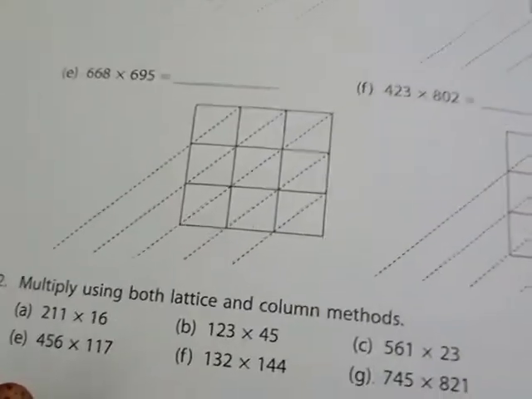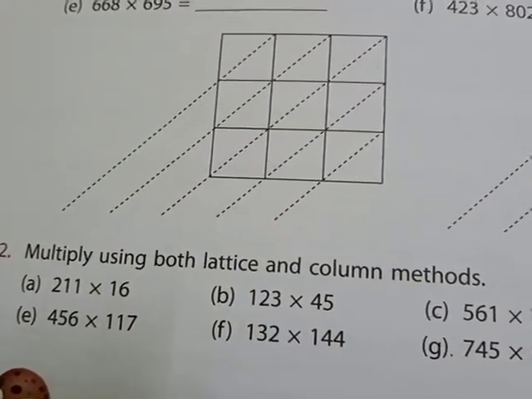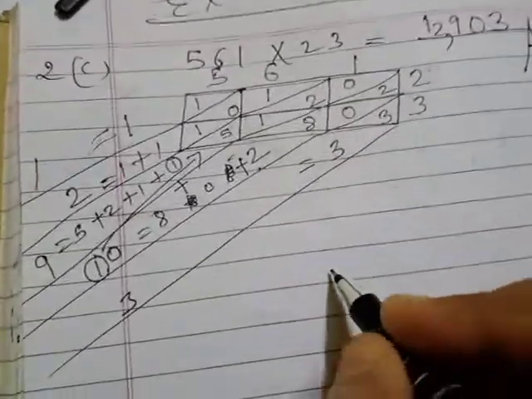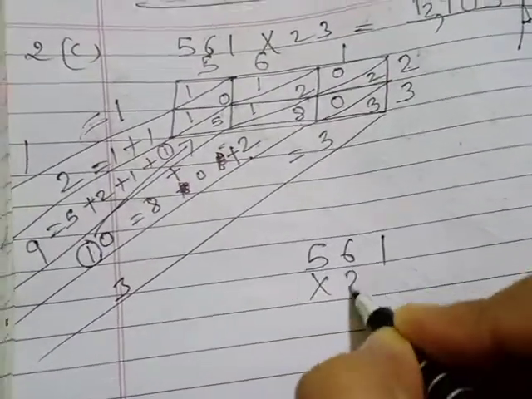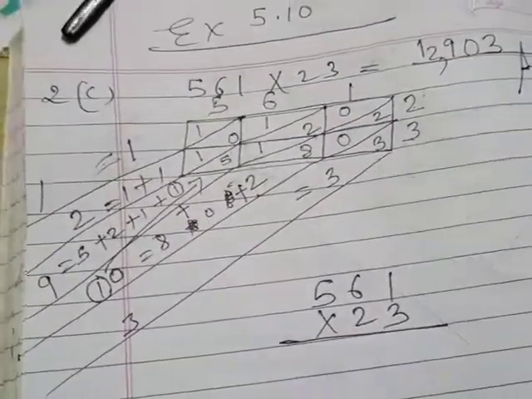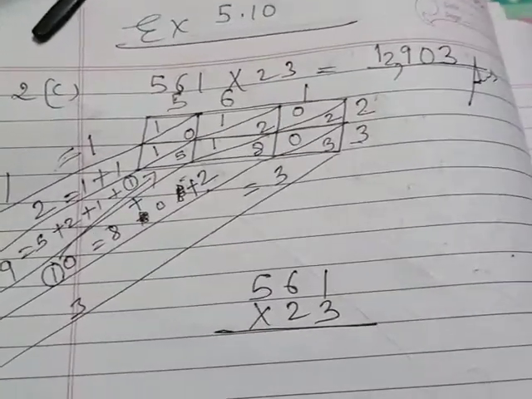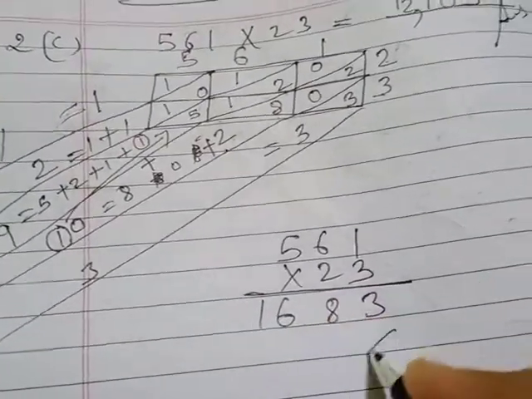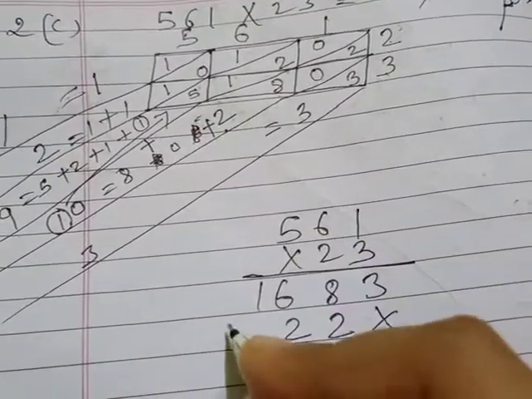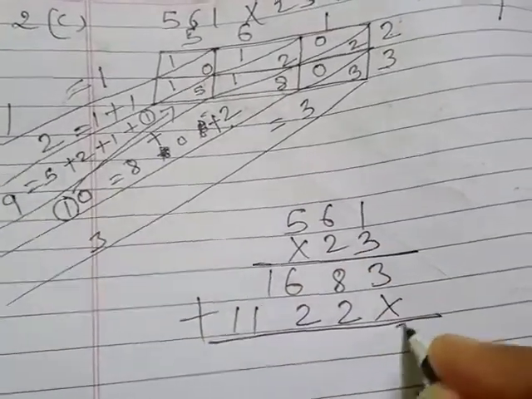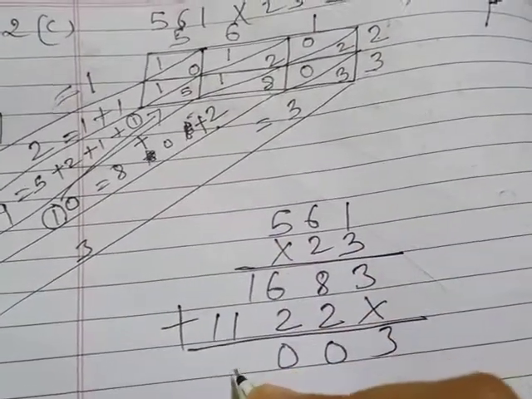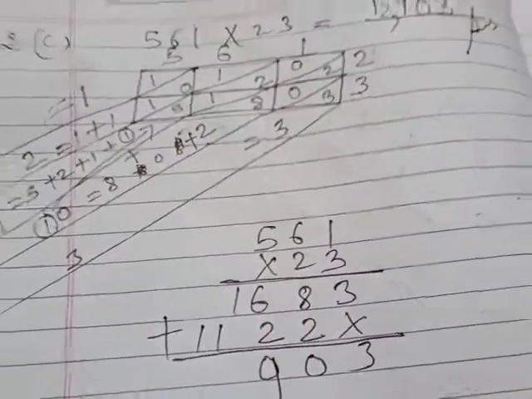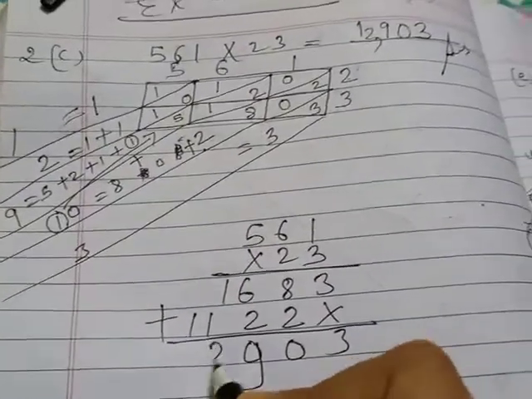In the question it is written to use the lattice and column method both. So the lattice method is here, and the column method, how to solve? You know the column method like this. See, when both the methods are written, it becomes easy for you to check whether your answer is correct or not. Okay, you see 3 ones are 3, 6 3s are 18, 1 carry, 15 plus 1 is 16, cut, 2 ones are 2, 6 2s are 12, 1 carry, then 11. Then we'll add 3, 0, 1, 0, 1, wait, 8 plus 2 is 10, 1 carry, here 9 will be there, no? Yes. Then 1 plus 1 is 2, and here 1.